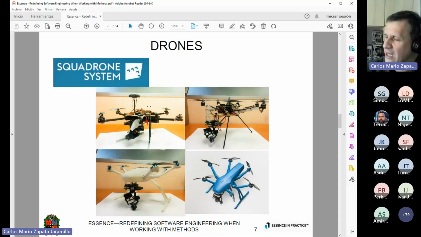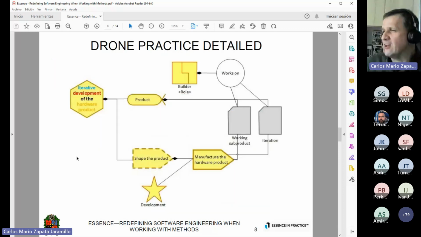And they start with an initial concept. They improve some things, and they have some iterations to have a concluded drone to sell to the industry. Actually, they refer to this method as something iterative. So in this way, we can also